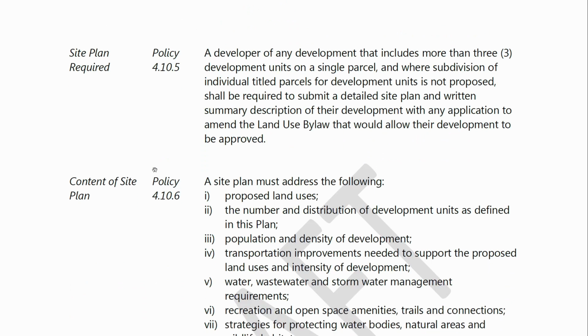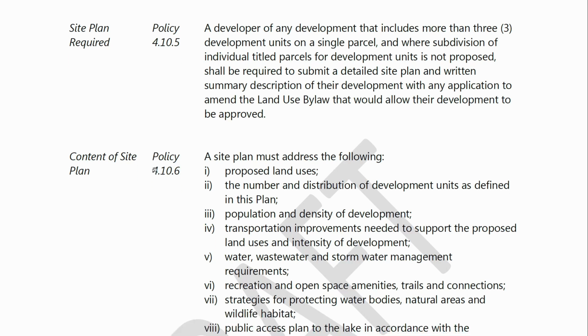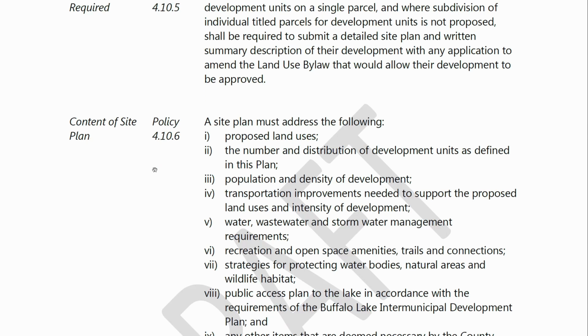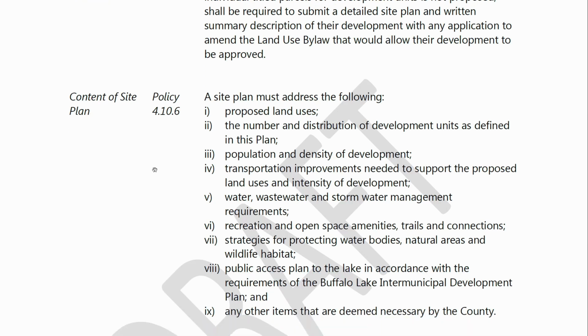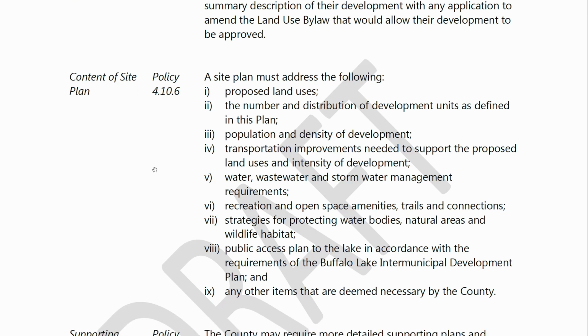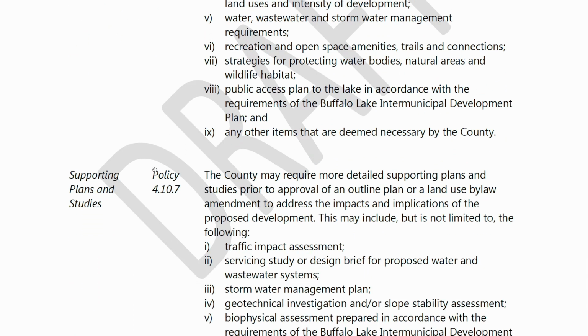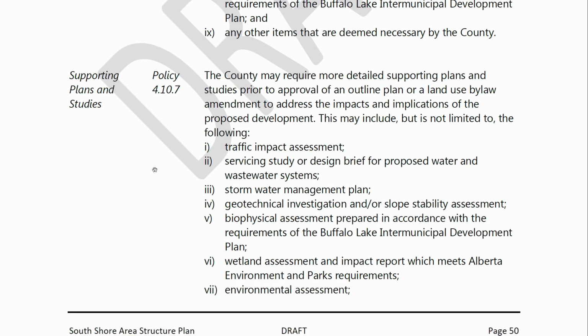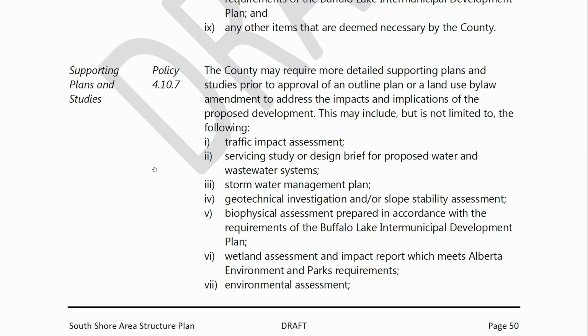In instances where subdivision is not being proposed, for instance, a recreational development, which is going to have one large parcel but have many development units located on it, instead of a local area structure plan or an outline plan, they'd be required to do a detailed site plan, which still has to answer many of the same questions that you can see listed for the outline plan. We still have to know access roads in and out, the number of development units, proposed land uses, how natural areas will be treated, and how infrastructure will service that development. In both cases, policy 4.10.7 allows the county to identify on an as-needed basis, so there is some customization depending on which area we're talking about,